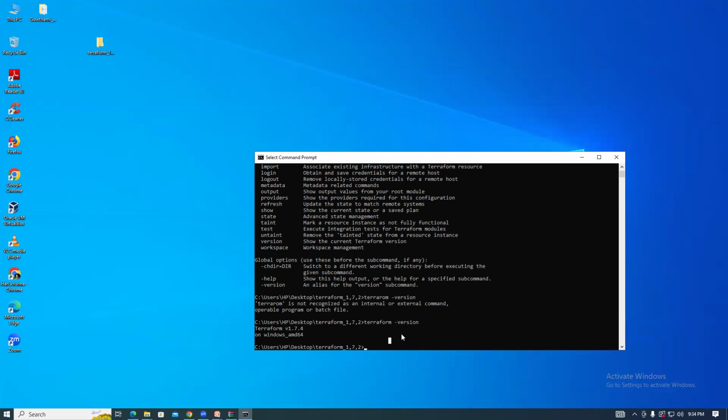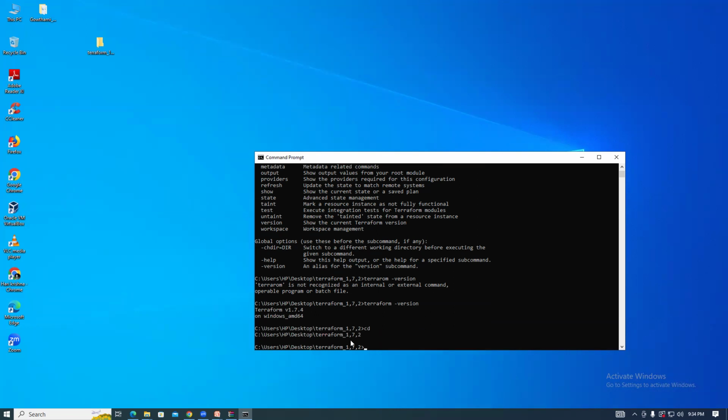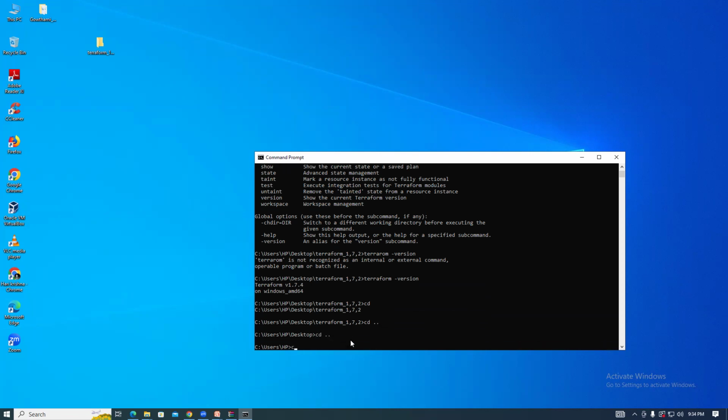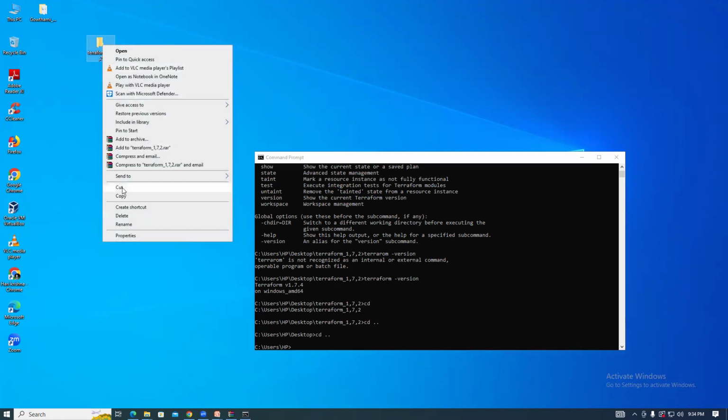So I don't want to go to that folder wherever I am. Something like I am in the cd data. So I don't know what the command is in Windows. Yeah, cd dot. For example, I'm in the HP folder. When I use terraform init or version or any command in Terraform, wherever I am, I can execute that command. How can we do that? You can copy this Terraform